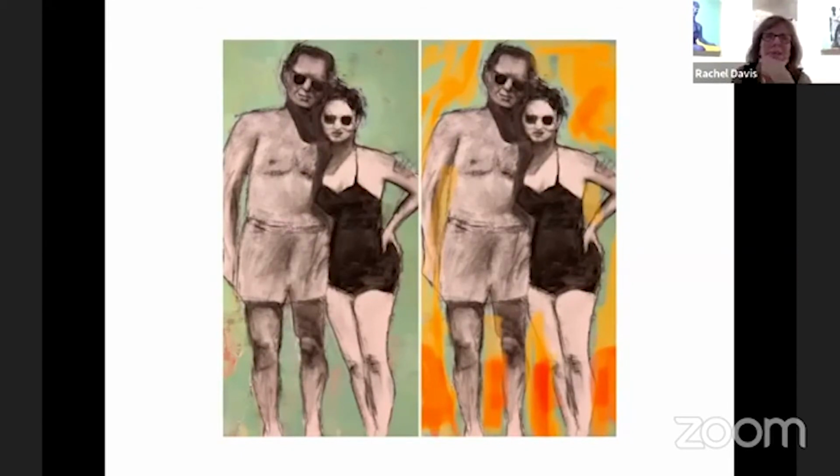What happened was I posted this image of the two side by side on places and said to people, what do you think? Everybody likes giving their opinion, so it was really fun to see everybody's opinion about whether I should do orange or green. I didn't feel beholden to anybody. I knew I was going to move in an orange direction, but I was super curious. People had very good reasons for not wanting to do orange, and a lot of people liked the orange. And then I ended up,